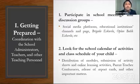Especially for those students na mag-undergo sa modular method. So when we say distribution of modules, kailan mo kukuhanin ng modules sa school? Kailan mo siya ibabalik? Okay? May nakausap akong mga former colleague ko before sa Adamson University na sila ay nagtuturo na ngayon sa public school na on weekly basis ang distribution ng module. But as of today,